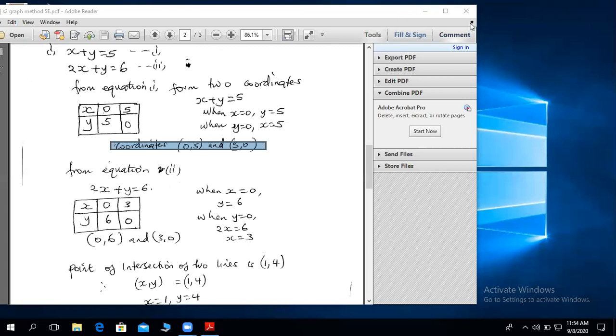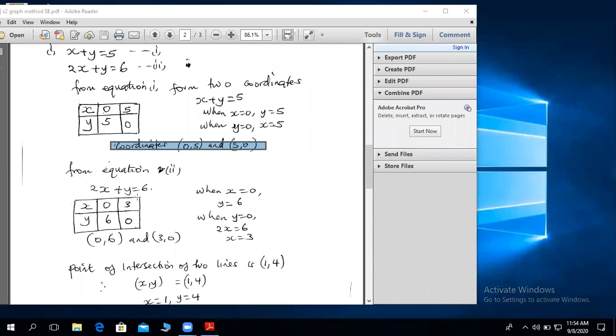Anyone question? Where do you get the 3 from? Where did we get the 3 from? Thank you. We are saying, in the first case, we said that when x is equal to 0, this one